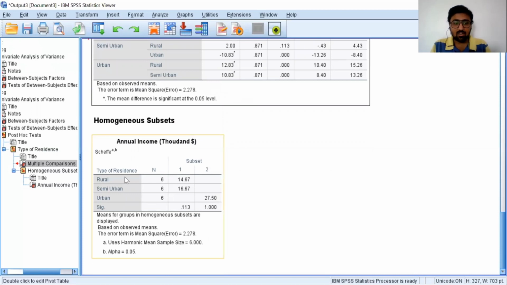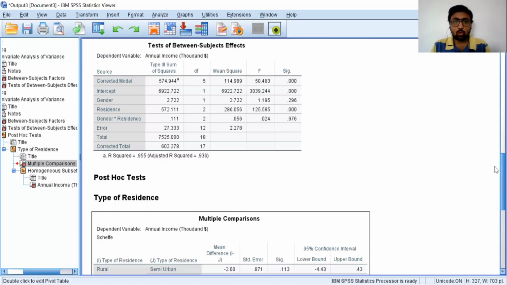You can see that rural and semi-urban make a homogeneous group, so there is no significant difference in the annual income of rural and semi-urban, and the annual income of urban is significantly different from rural and semi-urban. So from this post hoc test, we can identify which group is significantly different.